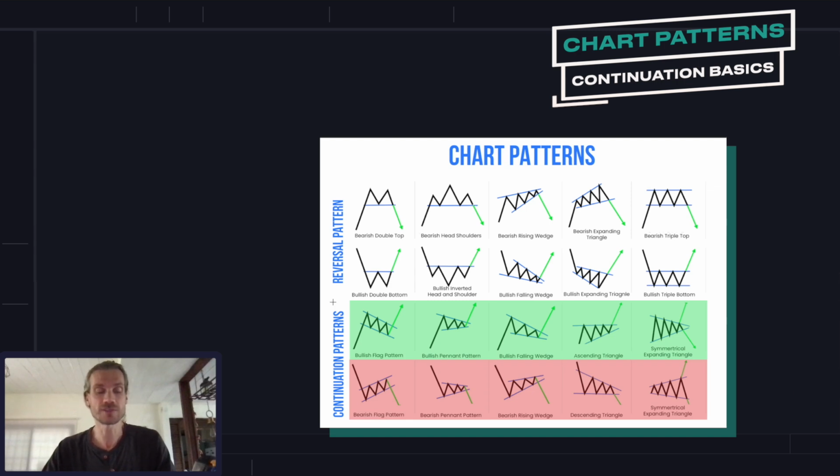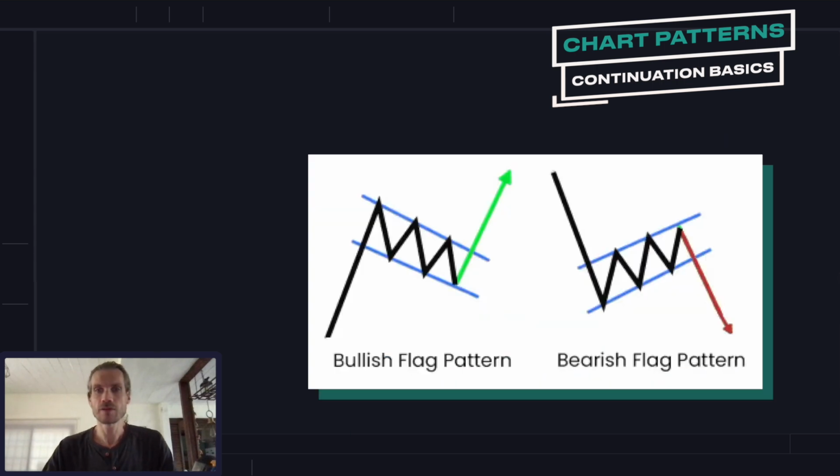There are a few types of continuation patterns, all very similar, where essentially the price action briefly consolidates before continuing higher. These points of consolidation are excellent points of entry for a trade. But let's talk about the number one continuation pattern, the bull or bear flag. A bull flag is a bullish chart pattern that resembles a flag visually. The pattern occurs in an uptrend where the stock pauses for a time and pulls back to some degree and